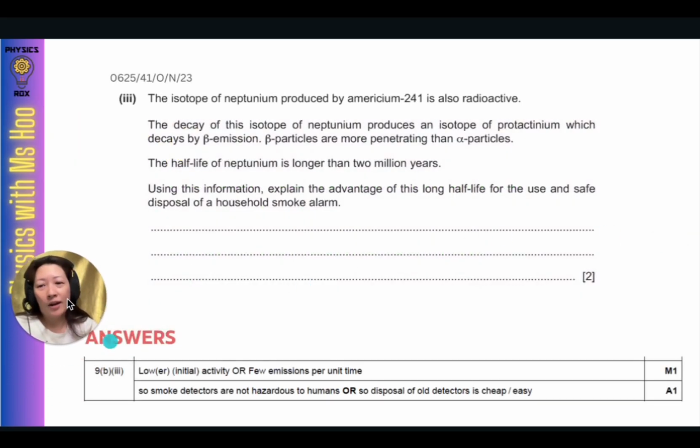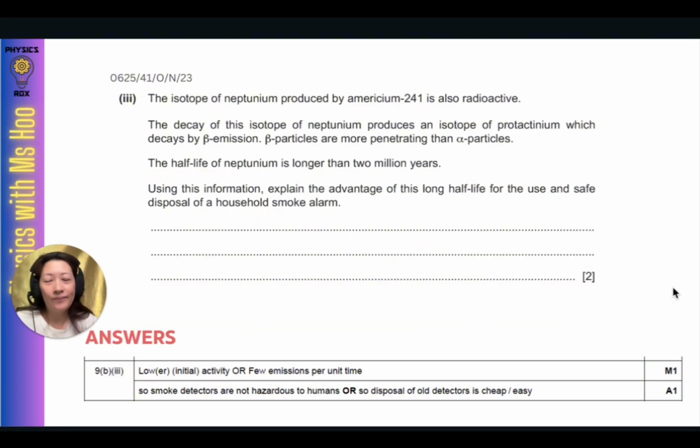This is an extract from the Winter 2023 paper, Variant 1. The isotope of neptunium produced by americium-241 is also radioactive. The decay of this isotope of neptunium produces an isotope of protactinium which decays by beta emission. Beta particles are more penetrating than alpha particles. The half-life of neptunium is longer than 2 million years. Using this information, explain the advantage of this long half-life for the use and safe disposal of a household smoke